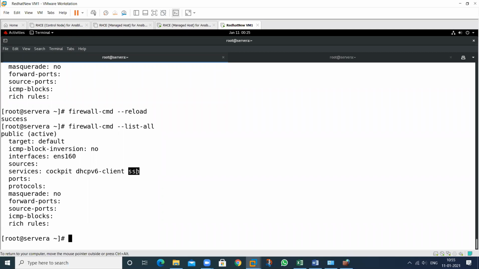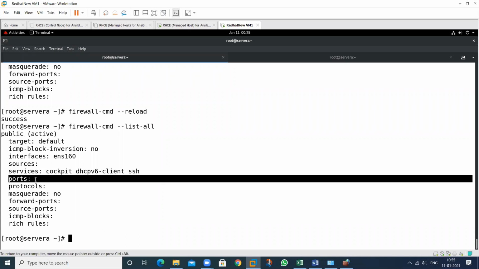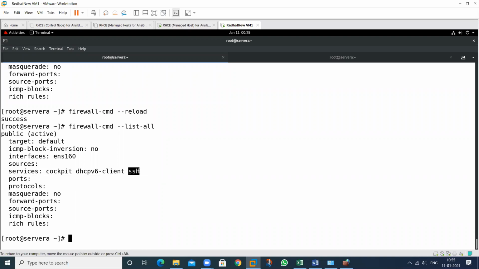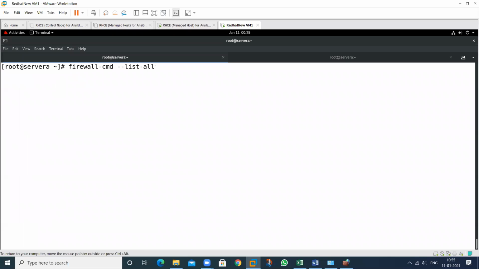If you want to change the port, you have to enter it in this also. If you use this service on a different port, then you need to add that particular port. So you should know how to add the ports and how to add a service.